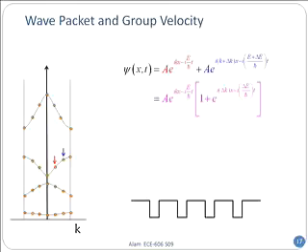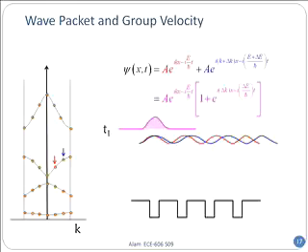Now when I put the two together, what will happen? Since their k is not the same, their energy is not the same, so they will interfere with each other. It's like two lights with two slightly different wavelengths. Let's say the red one looks like this. This is a plane wave, right? At a given time, that's the snapshot. And the blue one looks like that. Why? Because k is slightly different, so the wavelength is slightly different. Therefore, even if you started them off both at the same point, they will not stay in sync. And therefore, if I combine them,